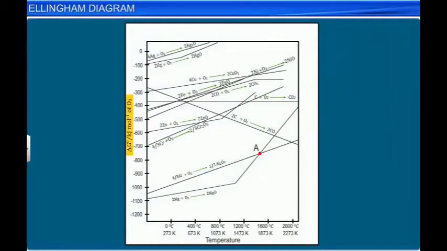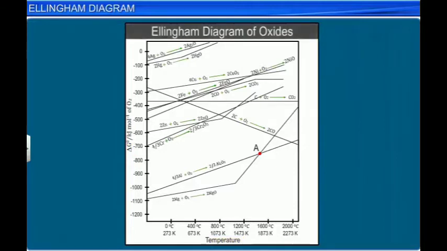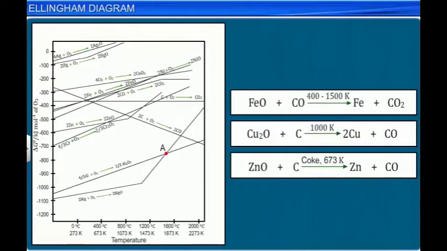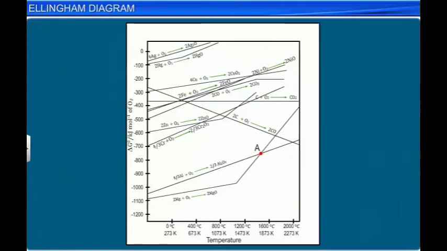The change in Gibbs free energy when 1 gram mole of oxygen is used to form the oxide of a metal can be plotted against temperature. That graphical representation is called an Ellingham diagram. This plot not only helps us to determine the relative ease of reduction of a given metal oxide to the metal, but also the feasibility of thermal reduction of an ore. An Ellingham diagram normally consists of a plot of the change in Gibbs free energy versus temperature for the formation of an oxide.